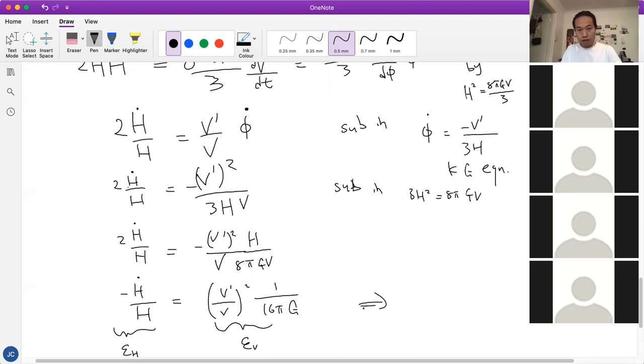So that's the first relation where epsilon h is approximately equal to epsilon v, given all the assumptions that we made. Yeah, is that all good? I know these steps don't really make a lot of sense, but